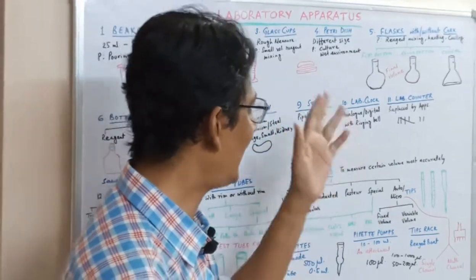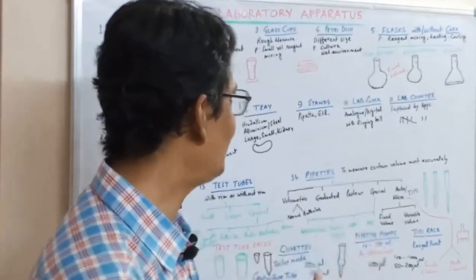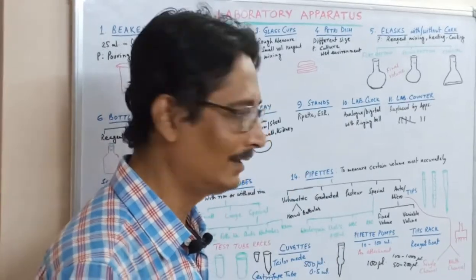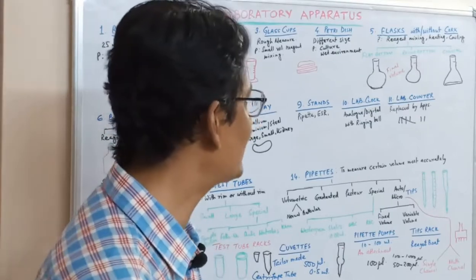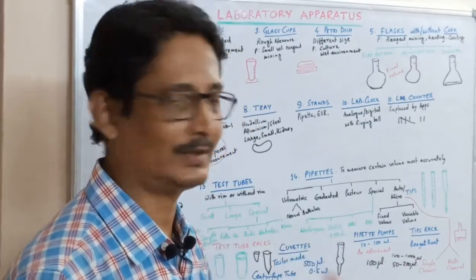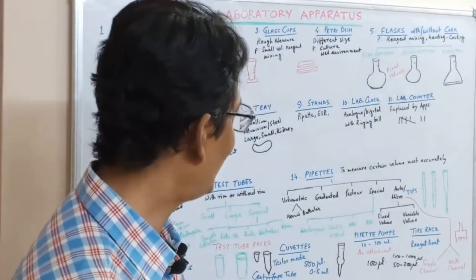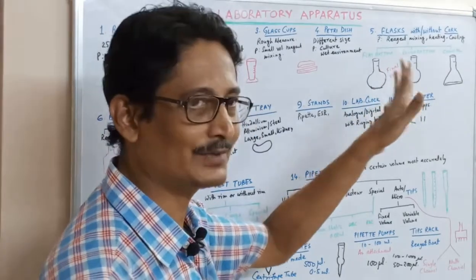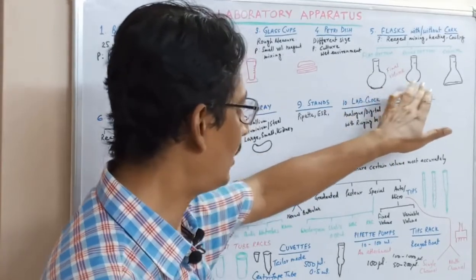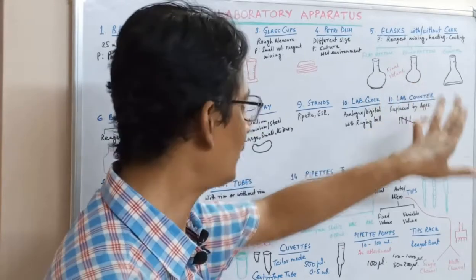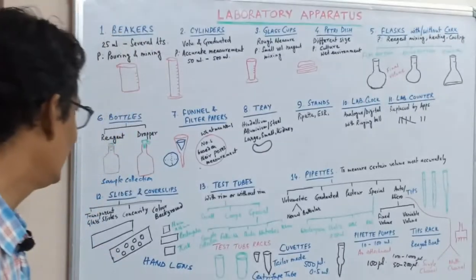Now the flask. A flask may be with or without cork. The flask is mainly for the purpose of reagent mixing. Sometimes we need to mix reagents or reconstitute the reagents, heat the reagents or cool the reagents. This time we use many types of flasks. These are mainly of final volume, that is the volumetric flask. These are mainly flat bottom. The bottom is flat, or if the bottom is round, it is called a round bottom flask, or a conical shaped flask is called a conical flask.